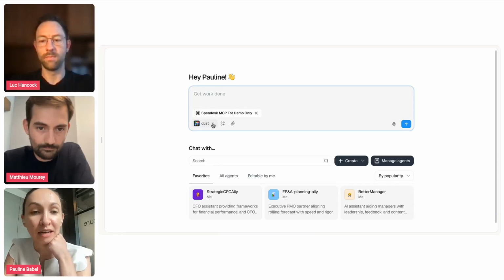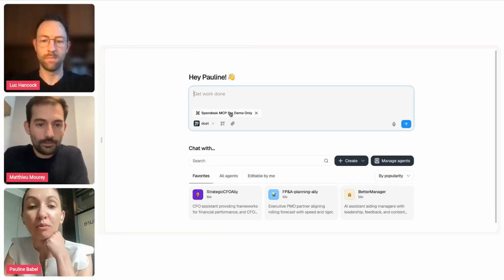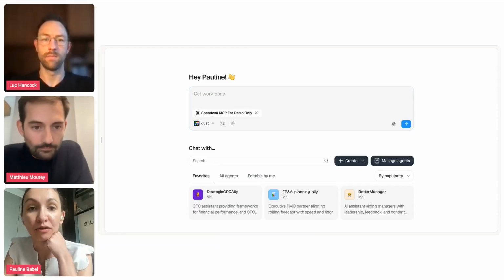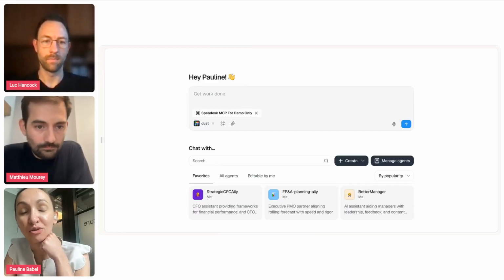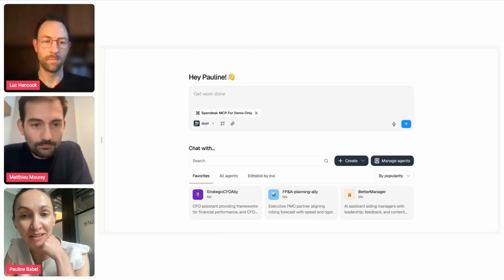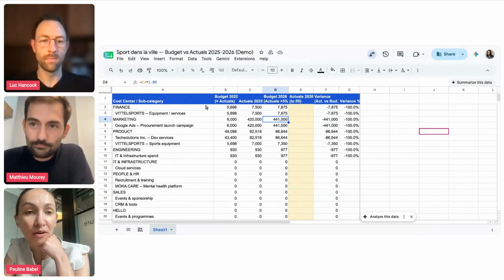So I'm using Dust, and I'm calling the MCP of Spendesk, which is very similar technology to what you're using in production, but in my environment for demo. Today it's about this case of actual against forecast, using the spend data against a budget which is static in a spreadsheet.